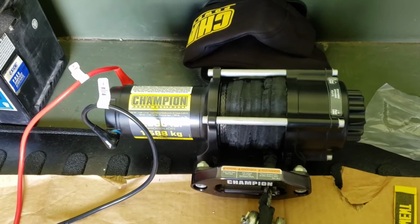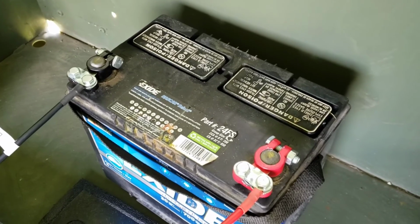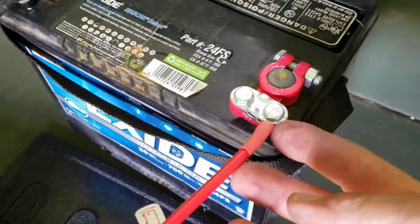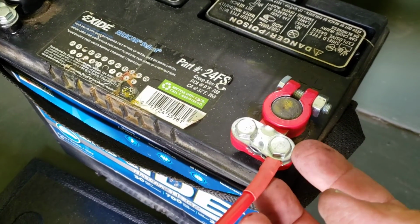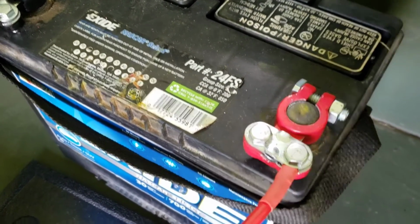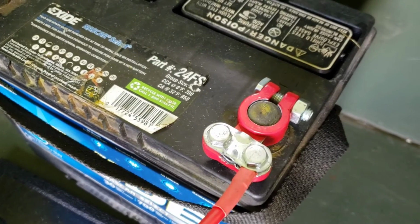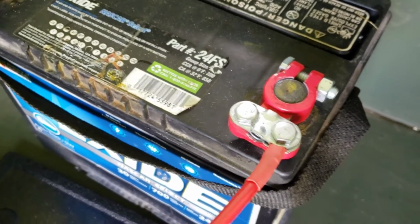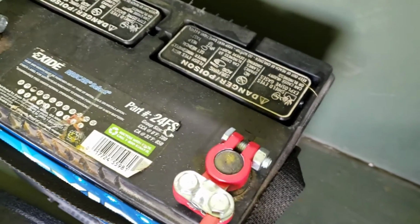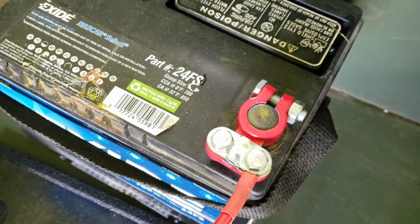Well, it turns out that I got these battery connectors, right? These terminal connectors. And they're the marine ones. And you see where they're mounted underneath this little bracket right here that is designed to hold in regular battery cable. But I use them for these things because they come with connectors on them already. And they work great. But what I didn't know is that this special marine paint that they have on here, it's a marine connector, does not conduct electricity. It blocked off